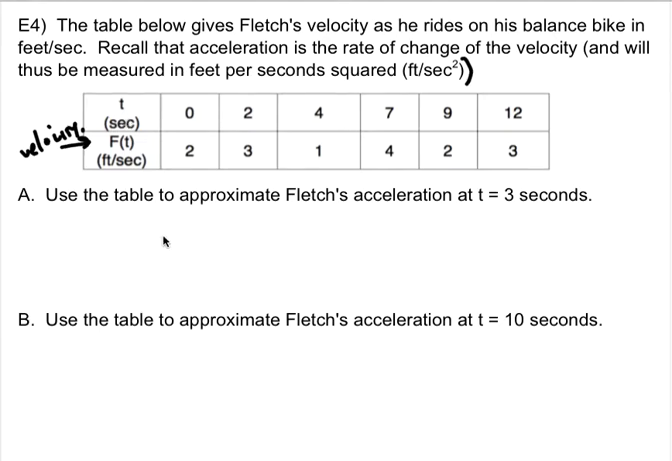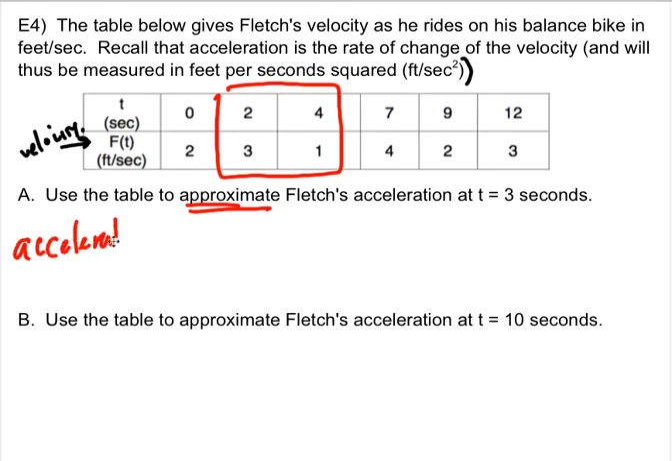All right, so we're going to use the table to approximate Fletch's acceleration, which would be the rate of change of the velocity, right? So rate of change of the velocity at 3 seconds. You'll notice that 3 doesn't appear on the table, but 2 and 4 do appear on the table, and it said approximate, right? So his acceleration at t equals 3 is going to be approximately y minus the y value, so 1 minus 3 over,